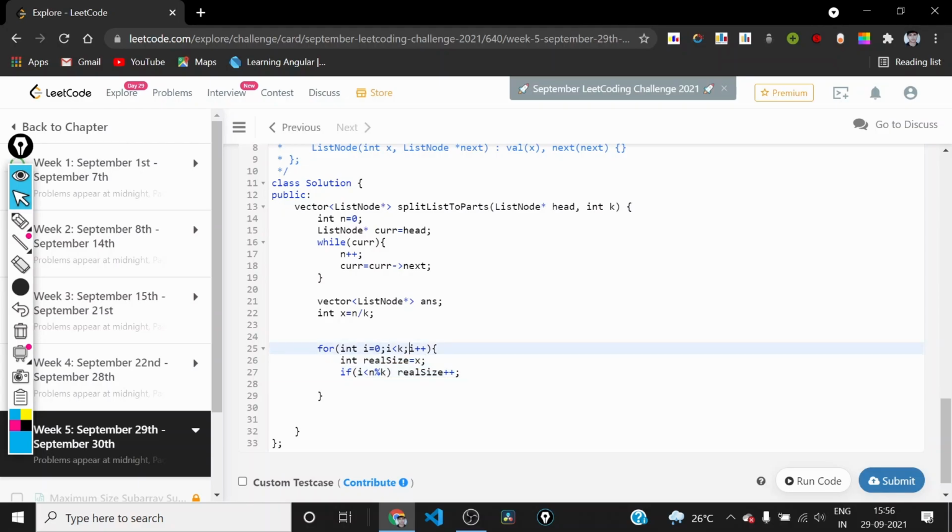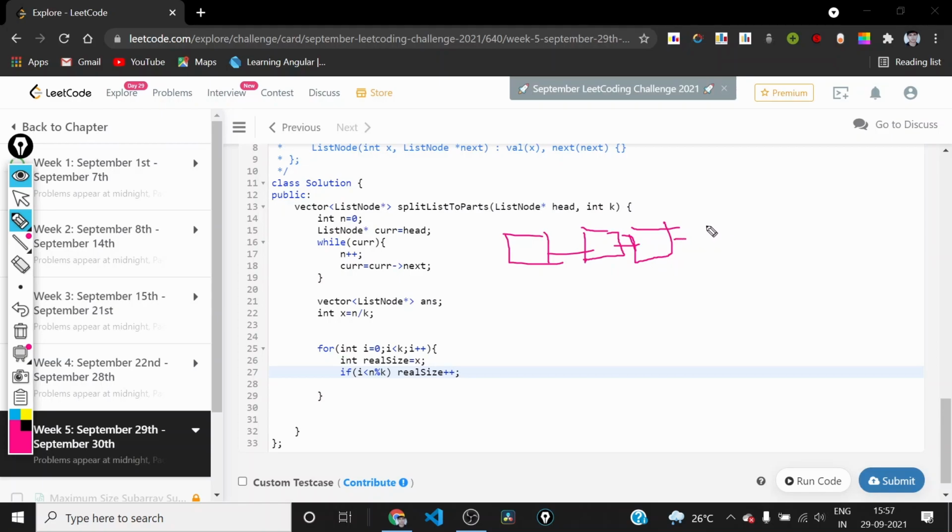Now we have to split the whole linked list into respective parts, right? So how will we be doing this? So suppose the first part consists of k nodes, and I will use the variable current to point to the start of each part.